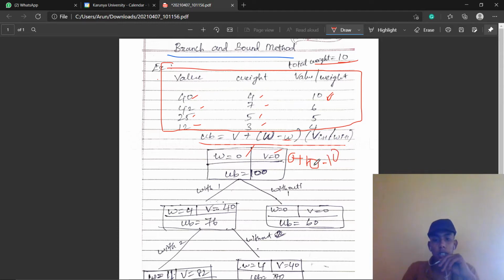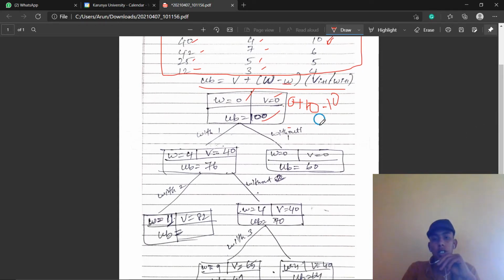So 0 plus 10 into 10 is 100. So the upper bound is 100. Next we need to check whether to add this item or not.